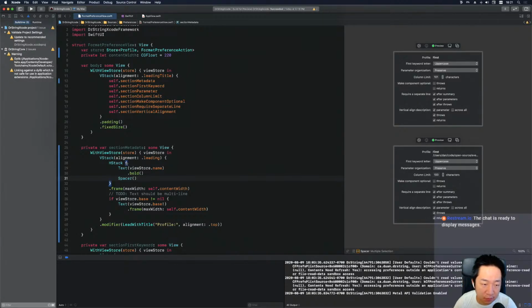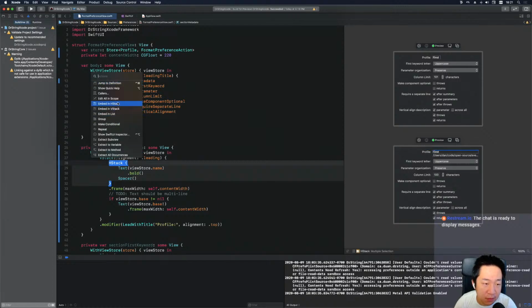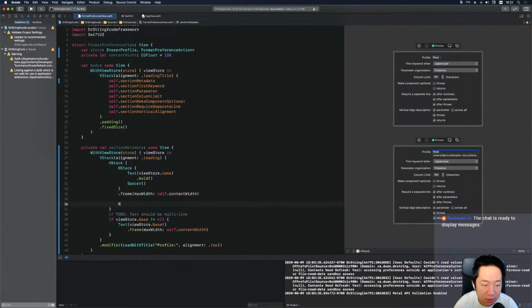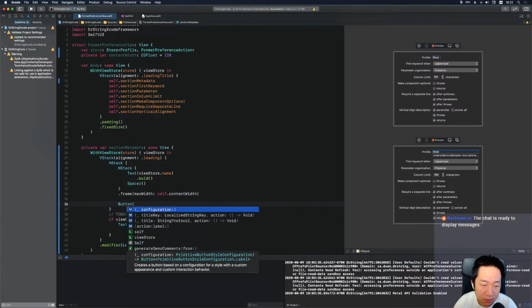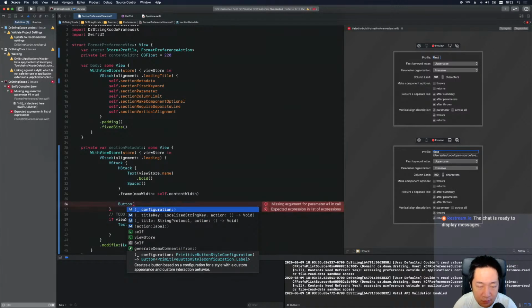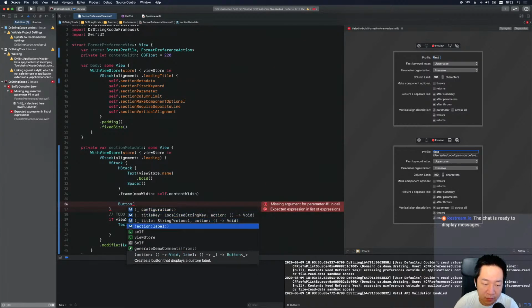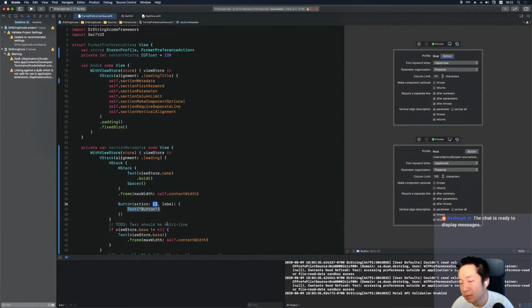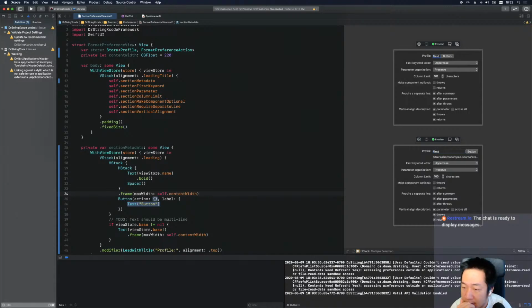And then embed this whole thing in another H stack. And then put a button here, maybe. Right, and then